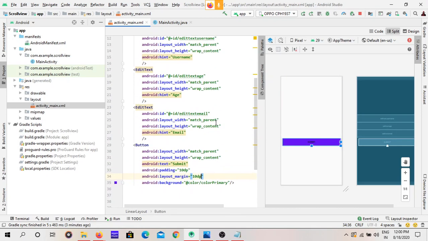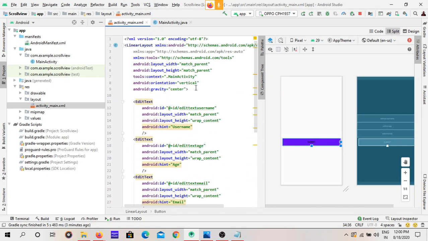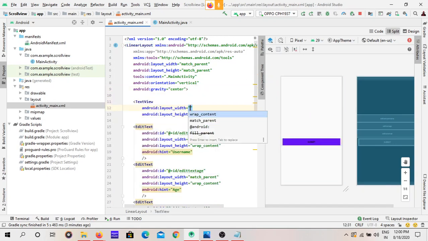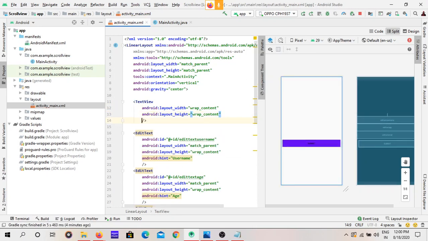Okay, what is this? Add one text view, wrap content, and give the text.